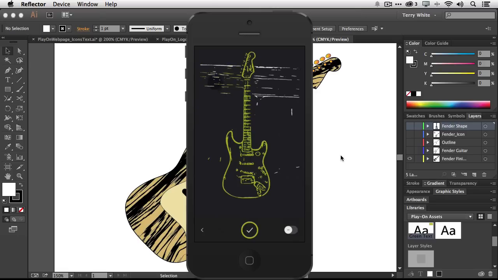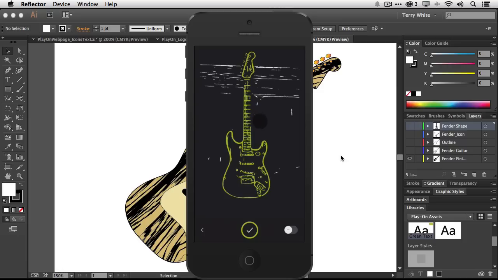So all this stuff on the left-hand side, the right-hand side, that's really not part of the guitar. It was more part of the sofa that it was on. I can go ahead and paint those out or tell it to deselect those areas just by dragging my finger over them. All right, so now that I've basically left just the guitar in green,